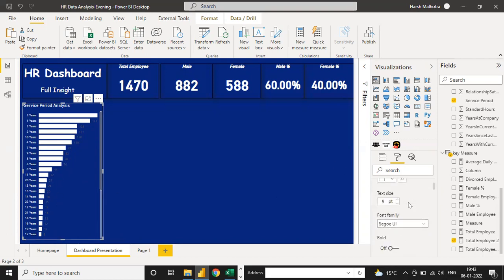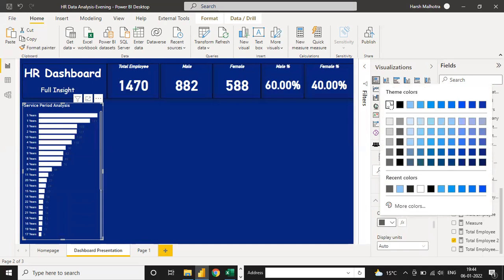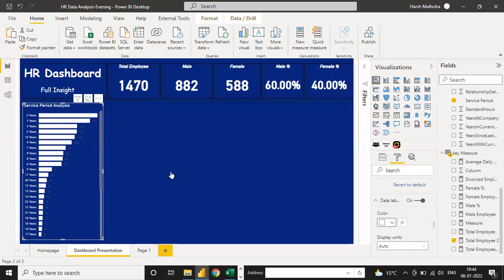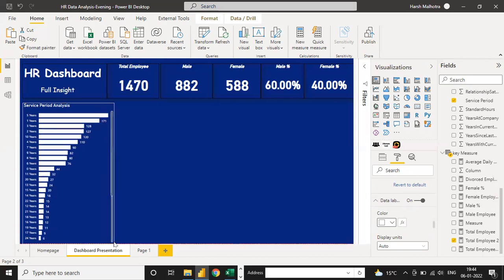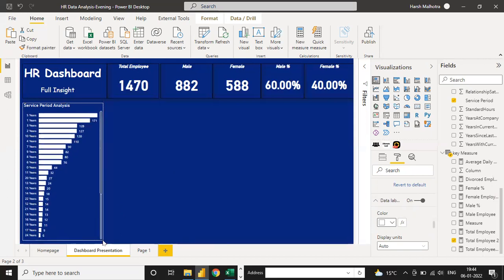So here you have y-axis, x-axis, title, data color. This one is data label. Select this, go to this color. You can select white color. Now you can see the complete picture of your experience-wise service period analysis.